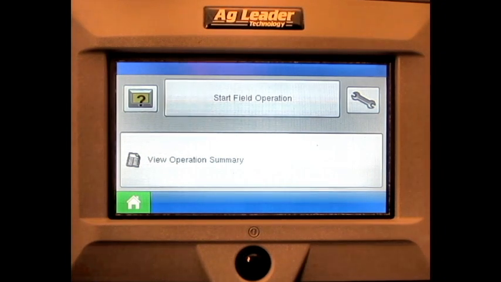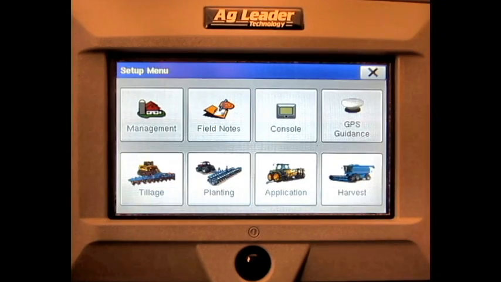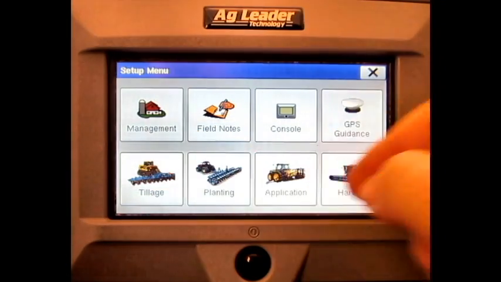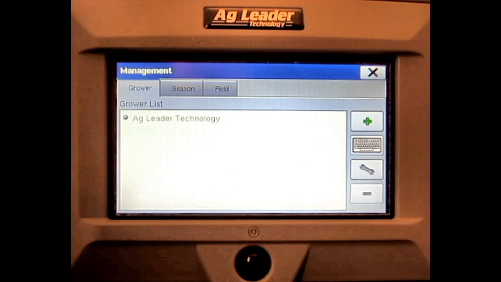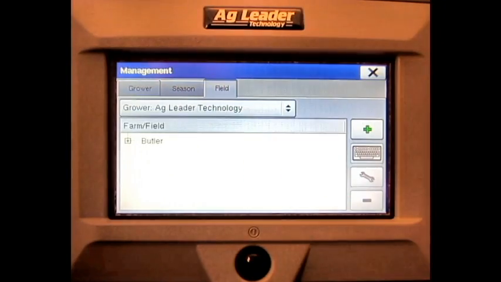In this video, we will cover how to import a field boundary on the Ag Leader Edge display. From the home screen, press the Setup button, press Management, press the Field tab, select the correct field,